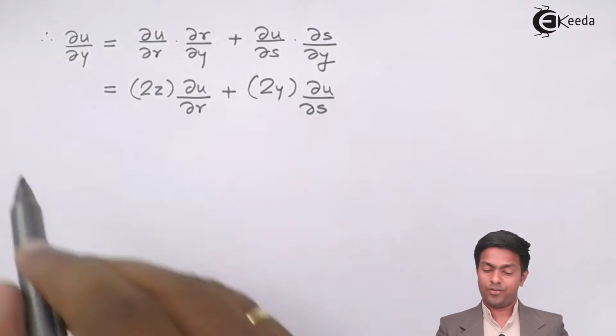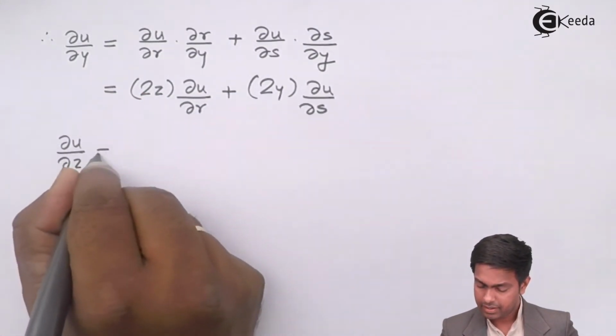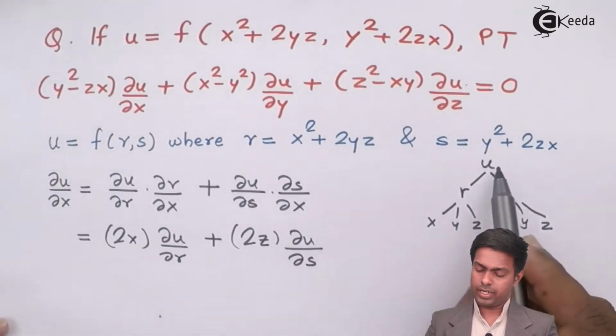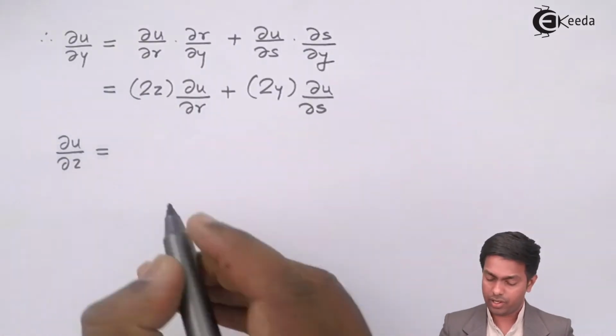So here we got the value of del u by del y. Now let's find out del u by del z. So again, let's apply the rule. So del u by del r by del z, del u by del s by del z. So here we'll get